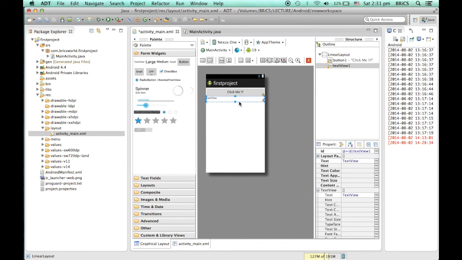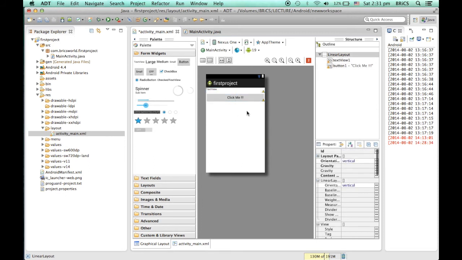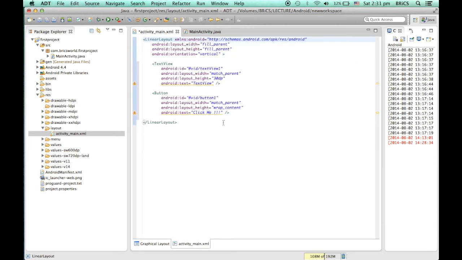Now if you want the button below this, you can move this button below and it will go up. Okay, so we have created two objects inside your XML file, and at the same time we will see that in the text view also there are two objects. One is named text view, and the second one is button, which are inside a layout called linear layout.